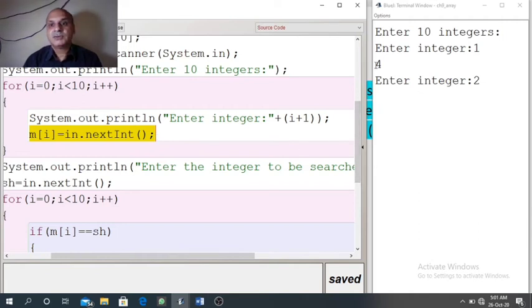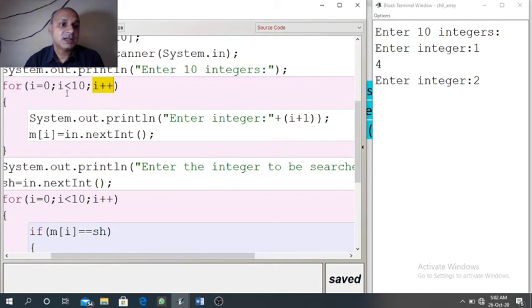So this first value 4 is stored in the array at index 0. Now the second message, enter integer 2. Why is it displayed? Because i is updated. So when the body of the for loop is over, i will become 1.